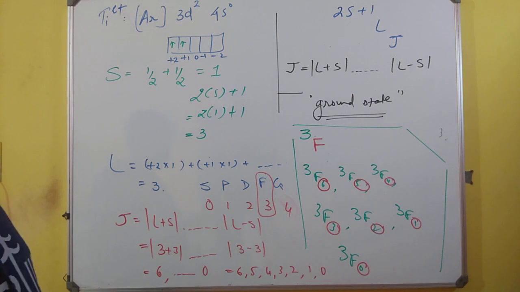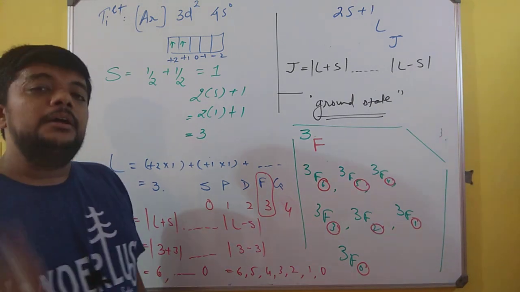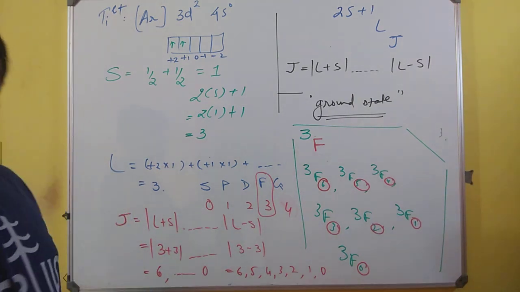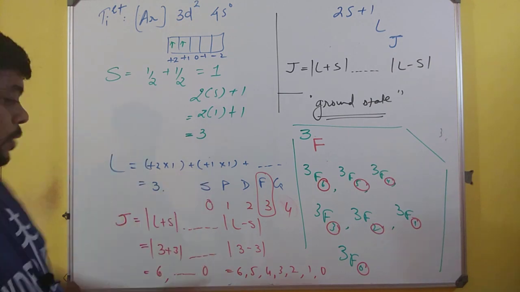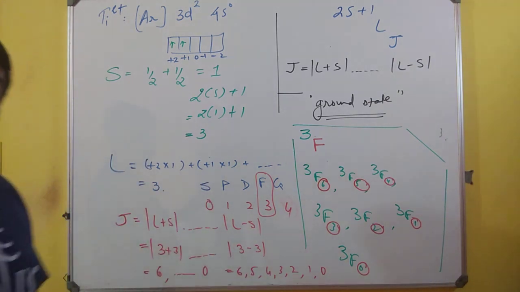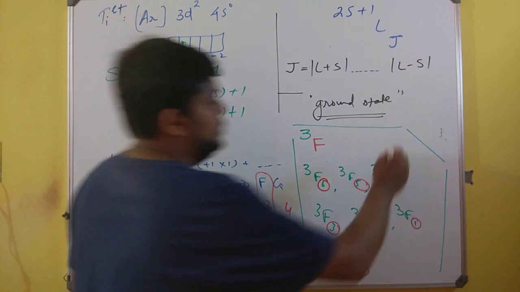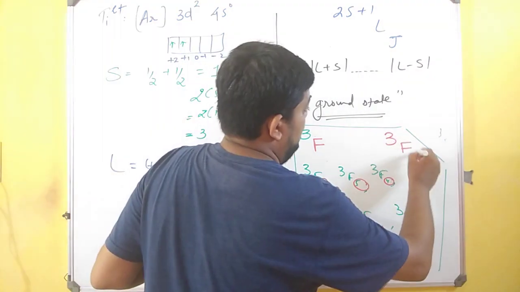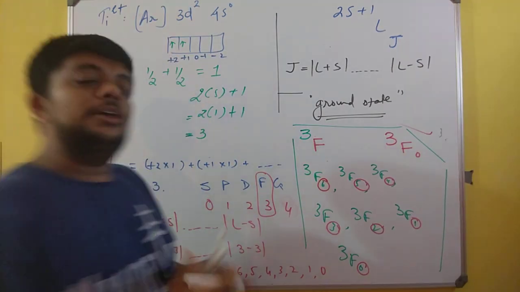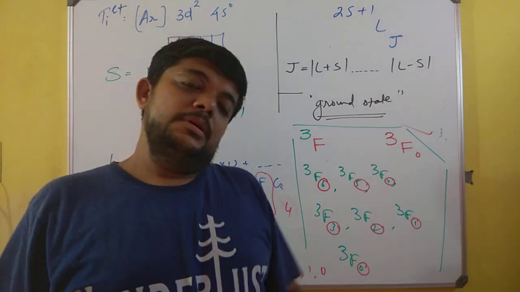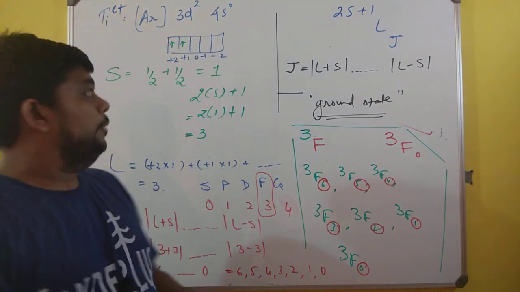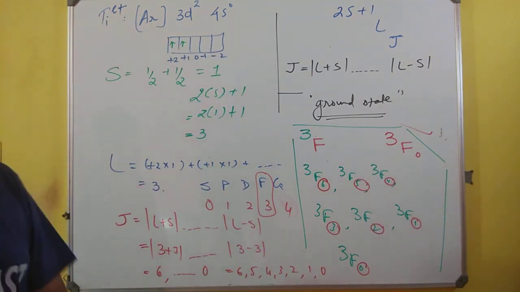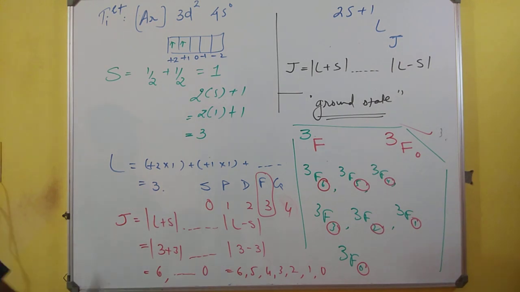So when the suborbit is less than half filled, always the L minus S value rules. So L minus S value will be 3 minus 3, 0. And so I must mention 3F0 to be the term symbol possible for the question that we were solving. So friends, it is this way that we must solve questions.